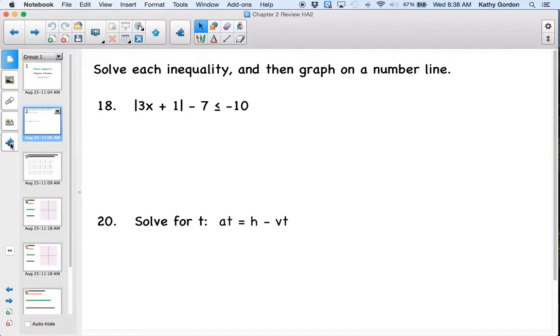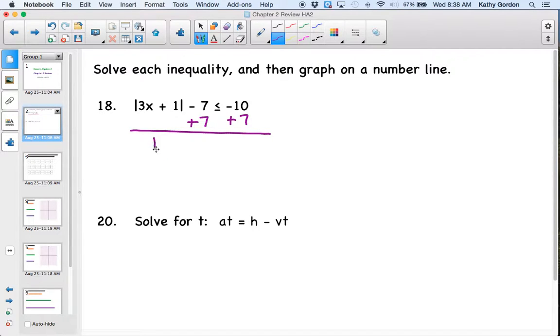So, tell me, what is the first thing we should do in order to try to solve this? Yes, sir. You add 7 on both sides. Okay, because if we're going to solve this absolute value, we have to get the absolute value expression isolated first before we can set up two different inequalities and go from there. So if I add 7 to both sides first,